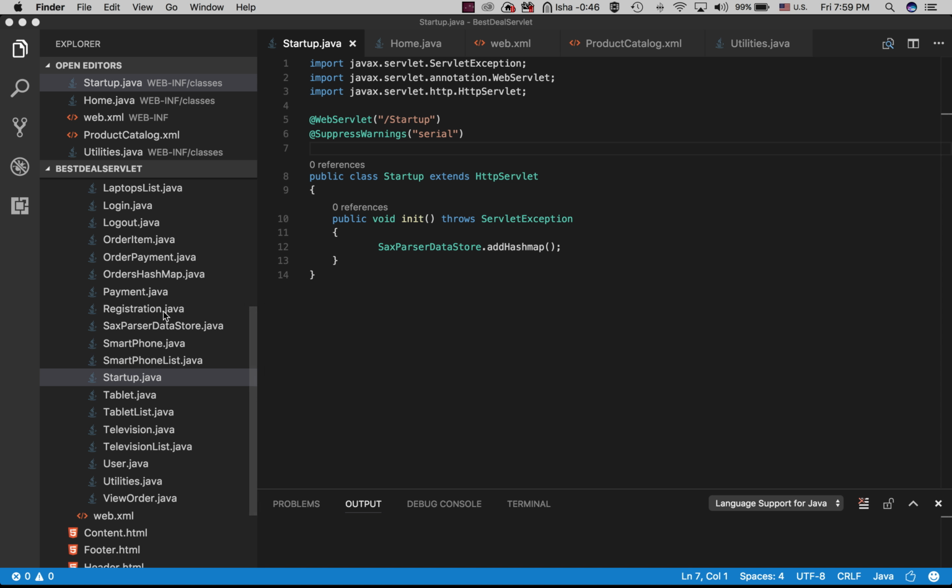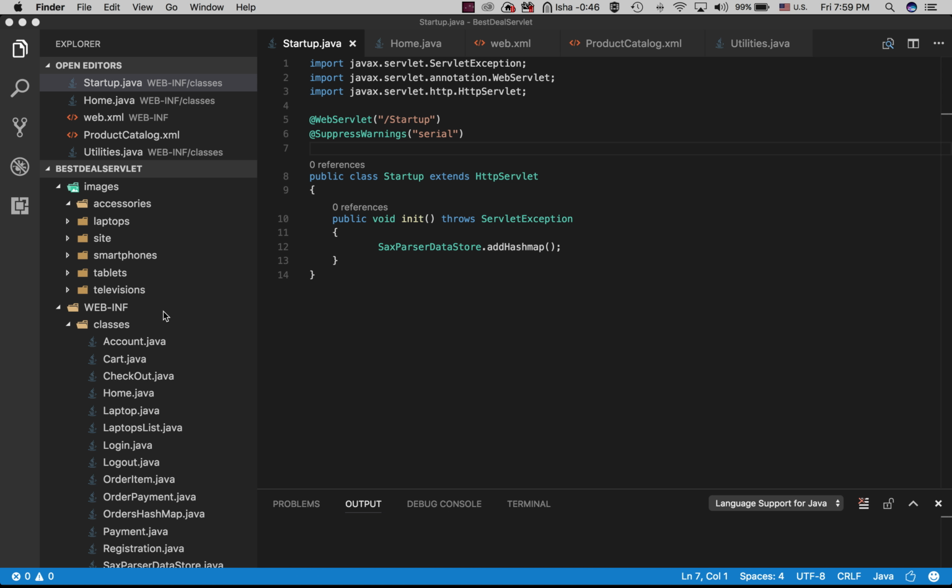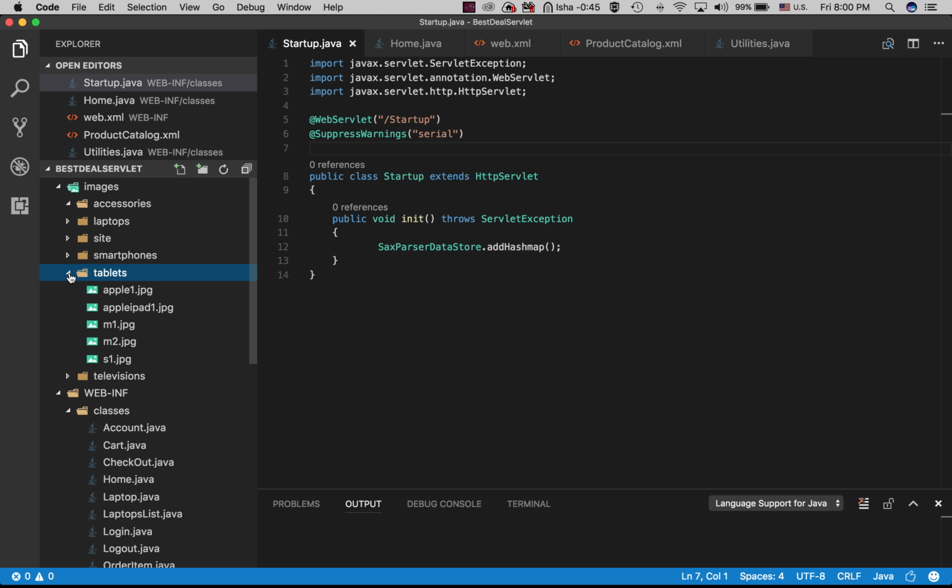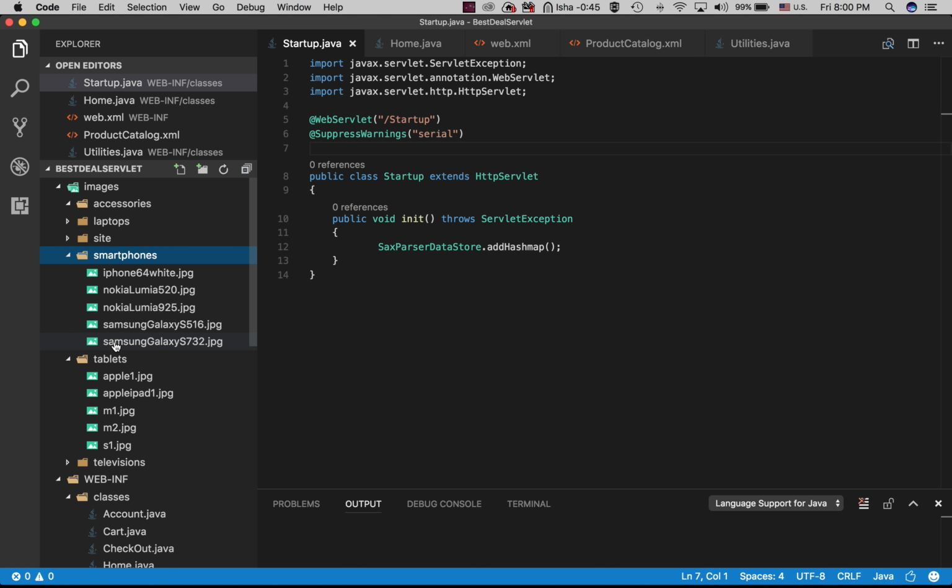So I'm here in Visual Studio Code. It's just a simple code editor, and I have my code structure here on the left. There's the BestDeal servlet, and there are some images that I have for the various categories of items. We have accessories, laptops, site is for the main site. We have smartphones, tablets, and televisions, and I can actually expand this and view the different photos of items that